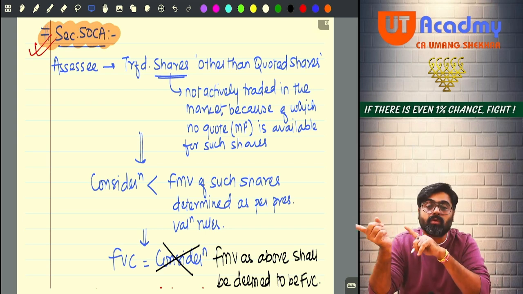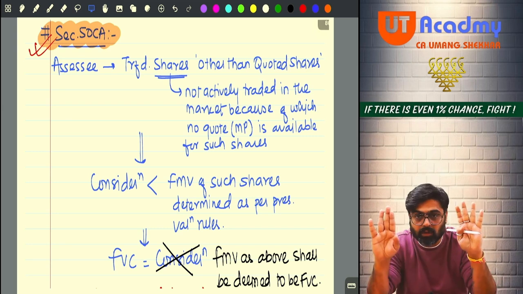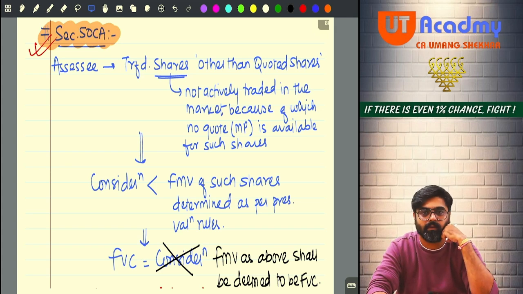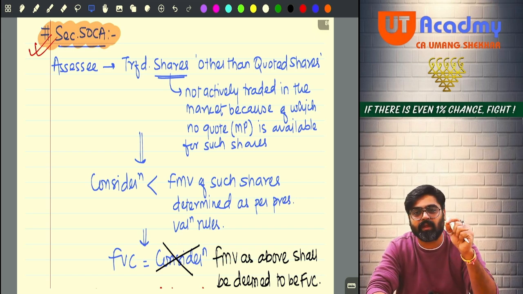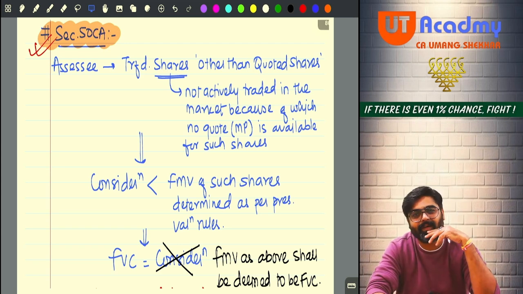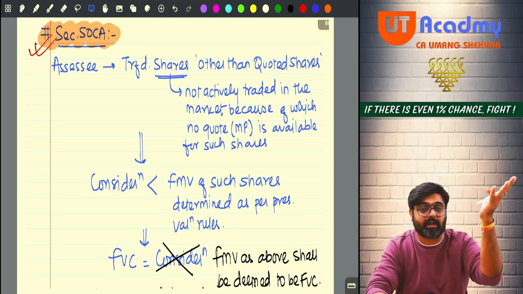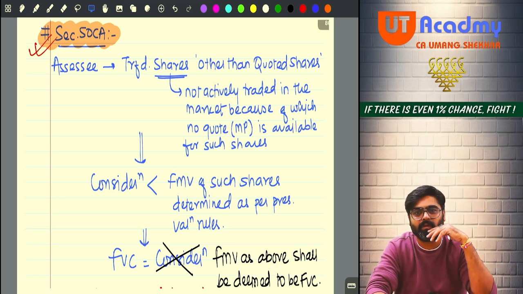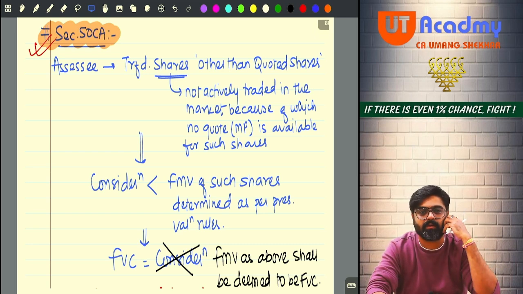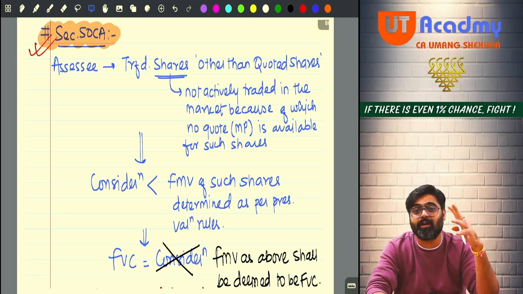I am talking about those shares which are not quoted in the market, for which the market price is not available. There is no active trading of these shares in the market. For example, shares of A Private Limited. Have you heard about such a company? No. Can you figure out what market price is prevailing for these shares? No. And I will tell you that I was the owner of these shares and I have sold them for 500 rupees per share. You will have to trust me. You cannot cross verify whether I am telling you the truth or trying to hide something from you.